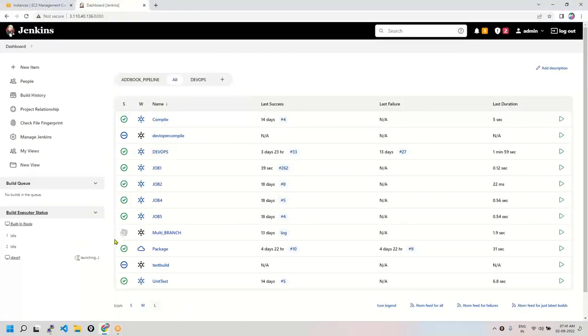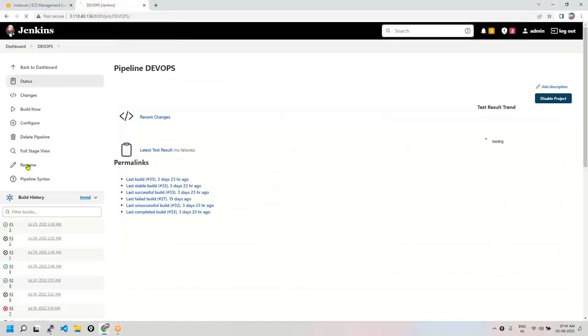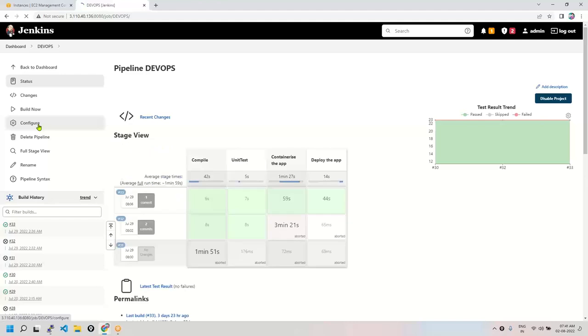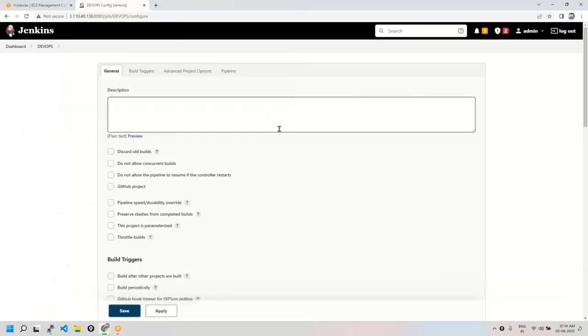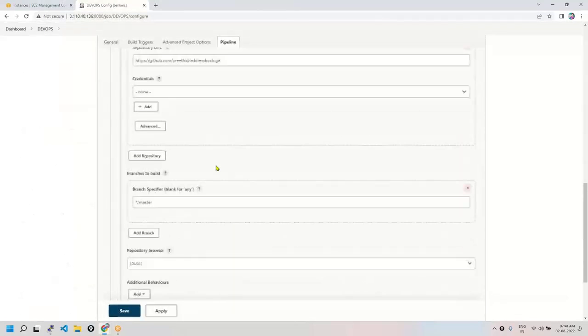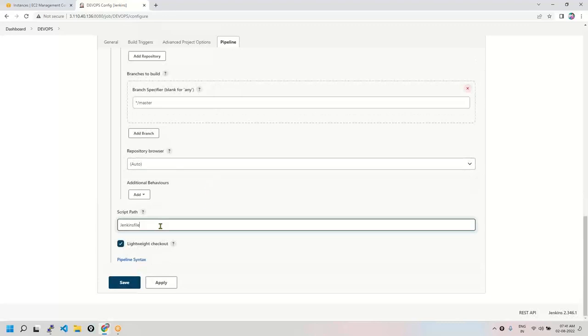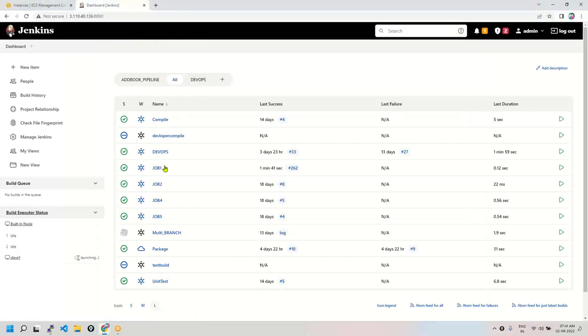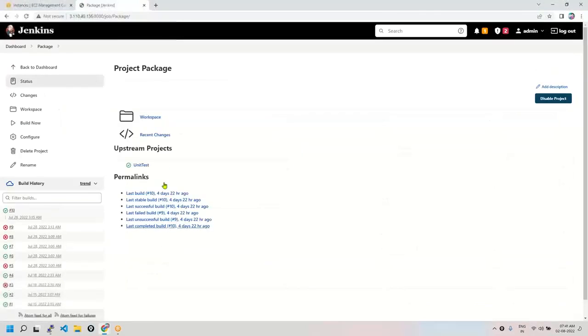Yeah. We'll be creating a pipeline here. First, let's go to our pipeline which we have created. It's our DevOps job, right? And yes, we have the pipeline here. Yeah, see, the Jenkinsfile is there. And if you remember, we have also done it from the UI. In the package job, I have added,